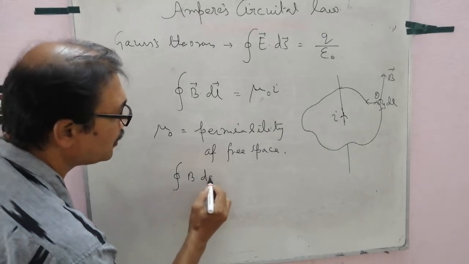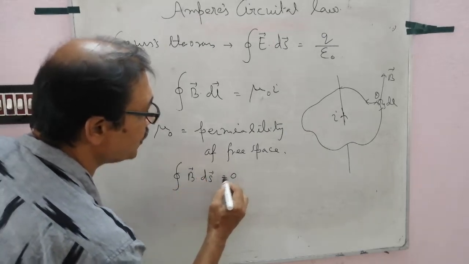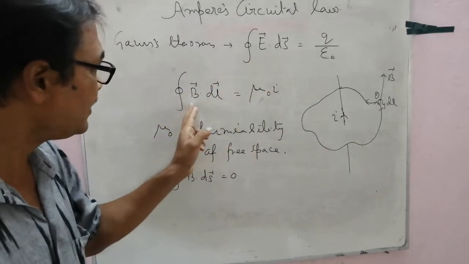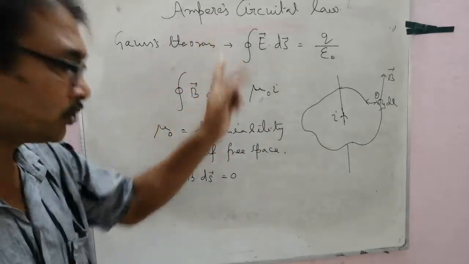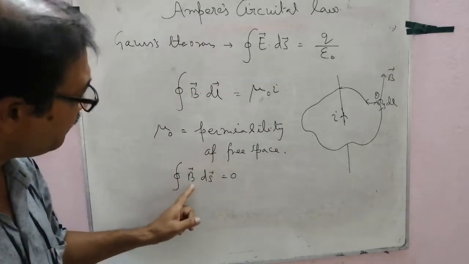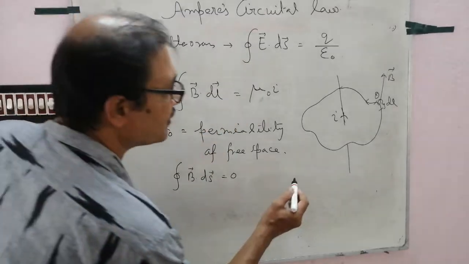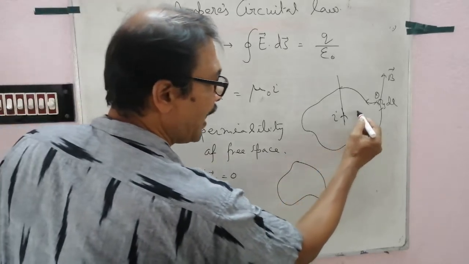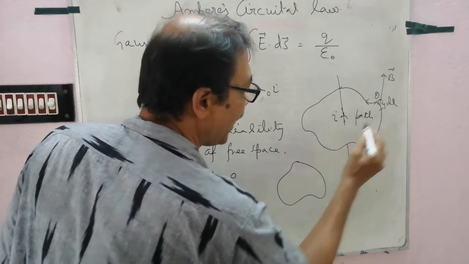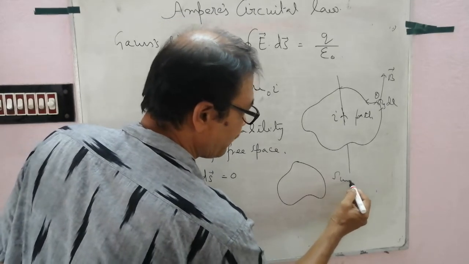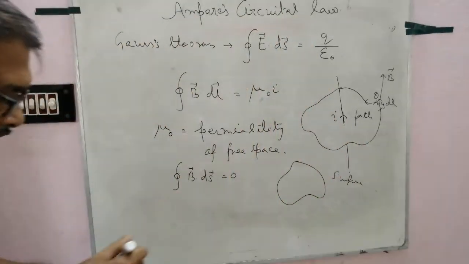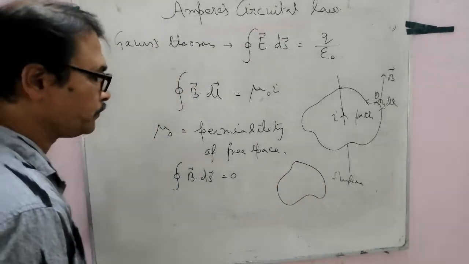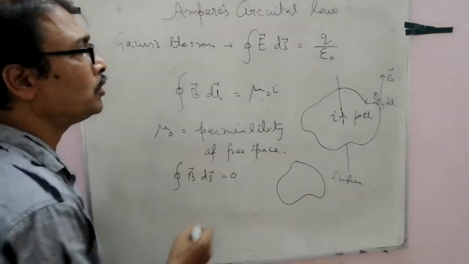Gauss's theorem for magnetic field, follow. The closed surface integral of B dot ds is 0. Very important point. This is the Ampere circuital law, but if we apply Gauss's theorem for the magnetic field vector, B dot ds, this is a closed surface. Follow. That one is a closed path, but this is a closed surface. That is two dimension, but this is three dimension. Why is B dot ds 0?